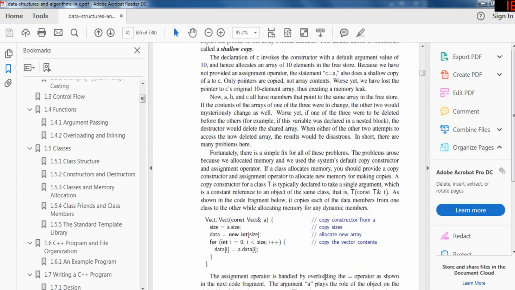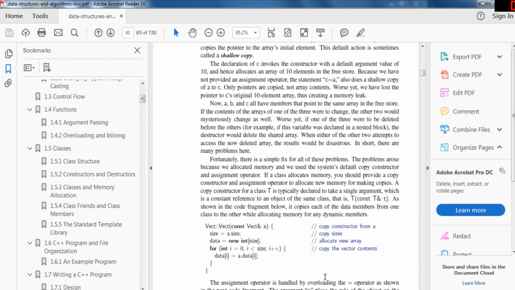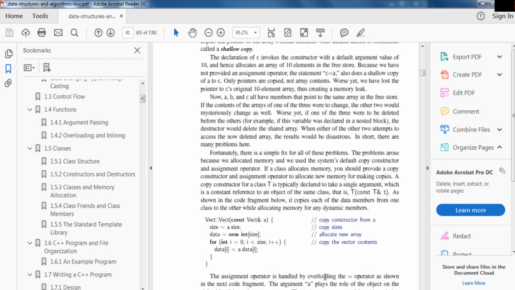It invokes the constructor with the argument value and allocates 10 elements on the free store, but we have not provided an assignment operator. The statement does a shallow copy. Only pointers are copied, not array contents. Worse yet, we have lost the pointer to C's original 10 element array, thus creating a memory leak. So, if you want to make a deep copy,